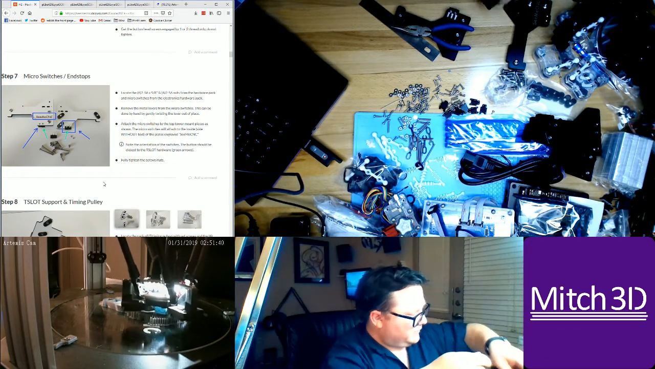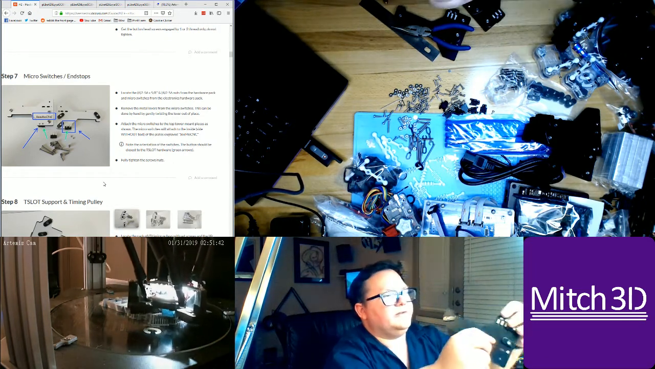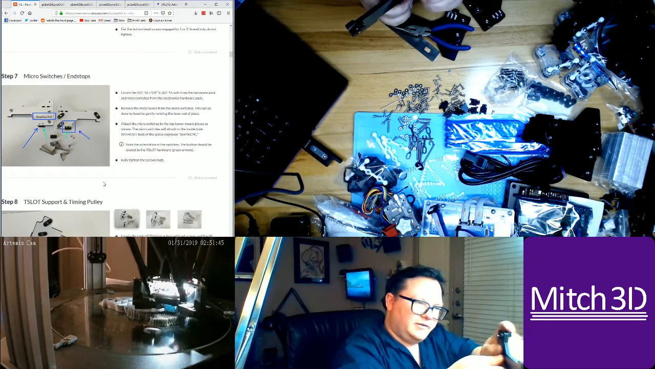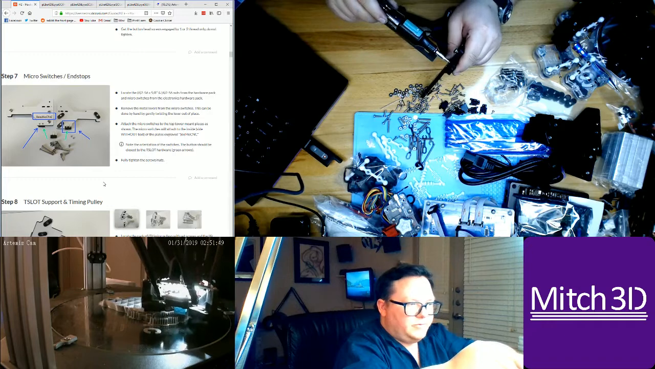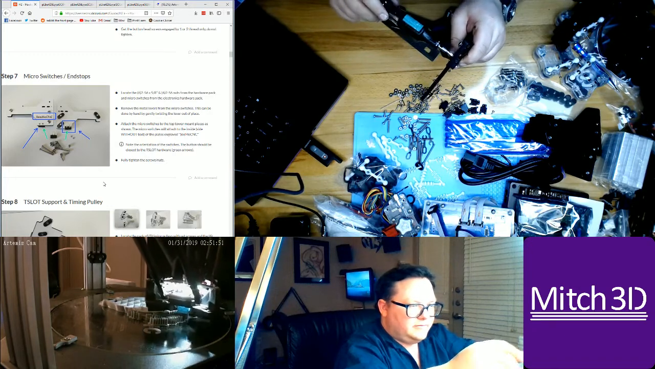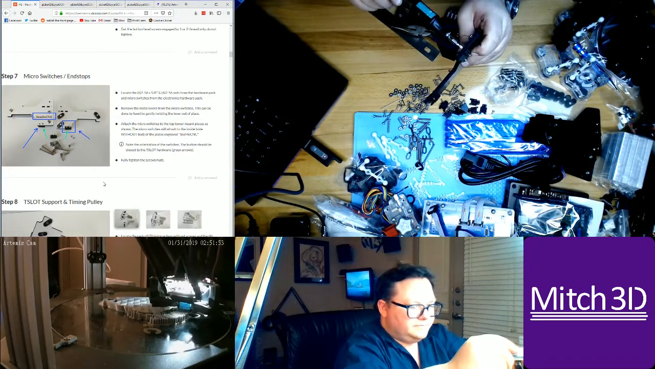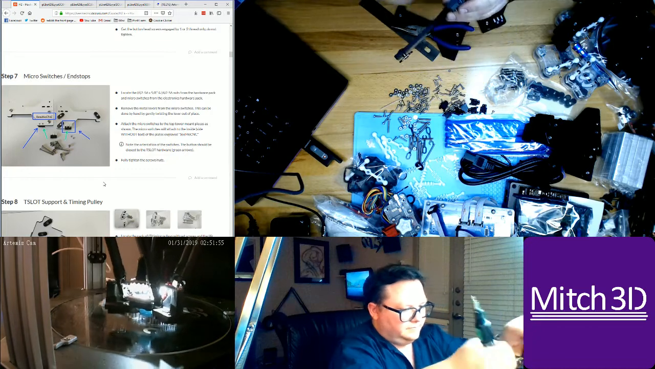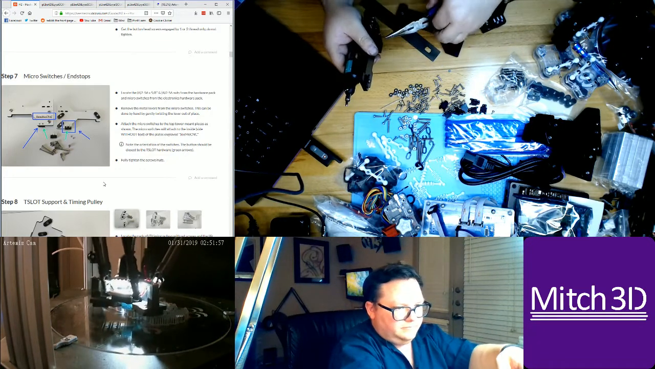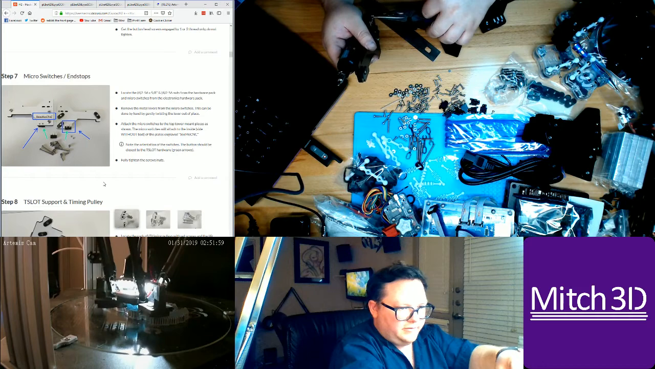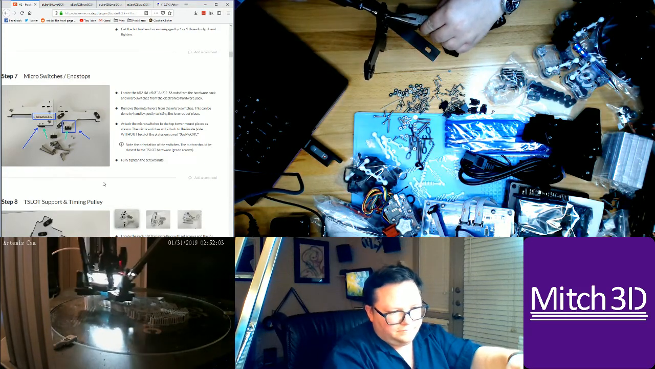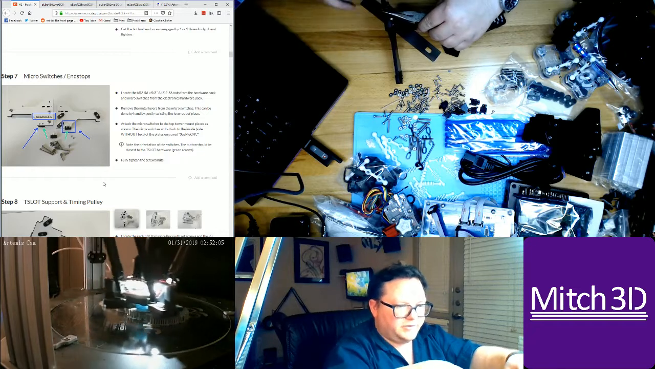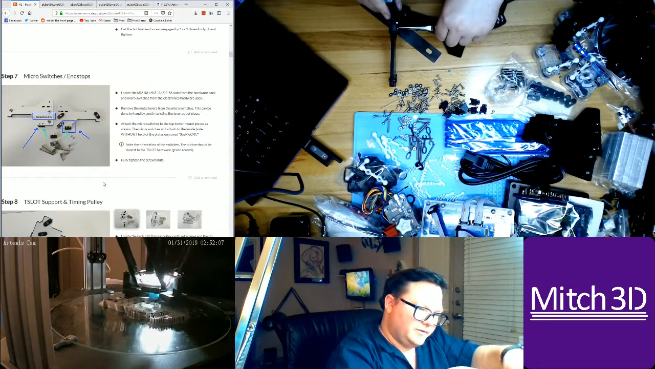So melamine's kind of forgiving, but I think it's a little too forgiving because it's just wood with plastic on it. So I kind of want to tighten it more. Again, the precision of where the end stops are is not the big deal. It's the how